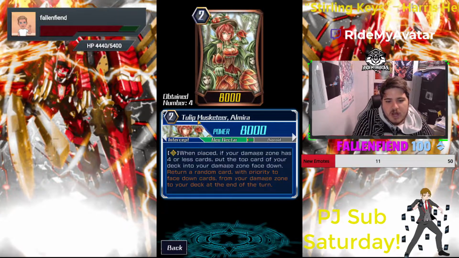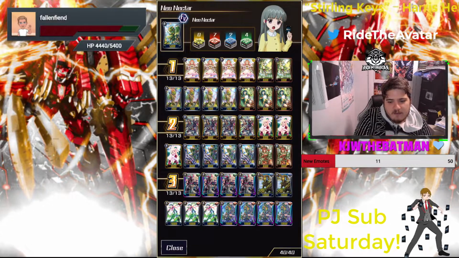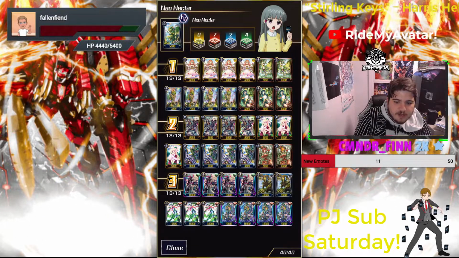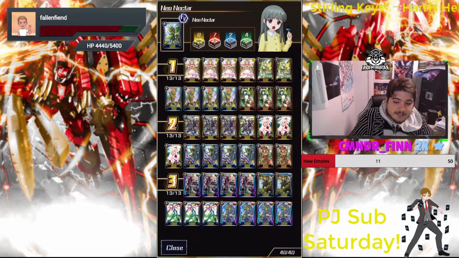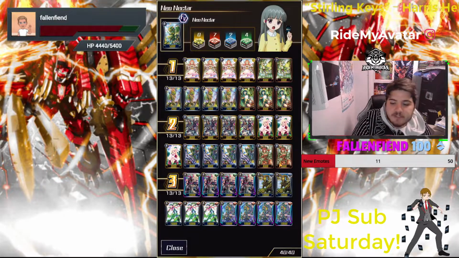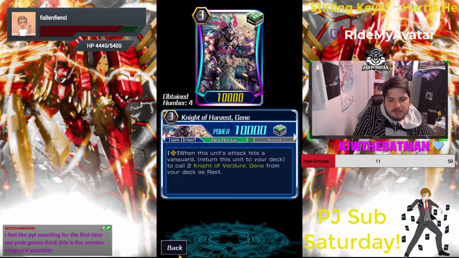But here's Tulip Musketeer Arma. I still think 5 limit break enablers are necessary for decks with limit break. Usually only a few decks can run a full playset on both lines and get away with it. But I think 5 is really good. Next, I run 4 of Gene